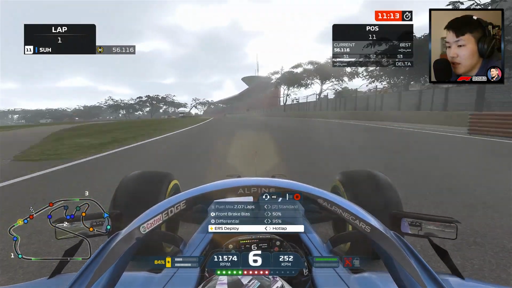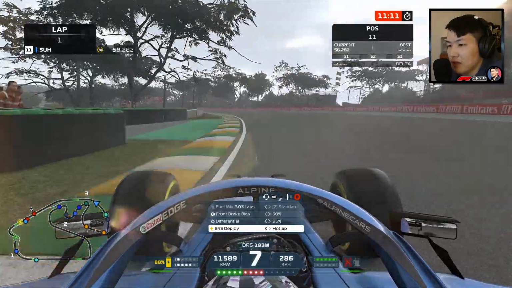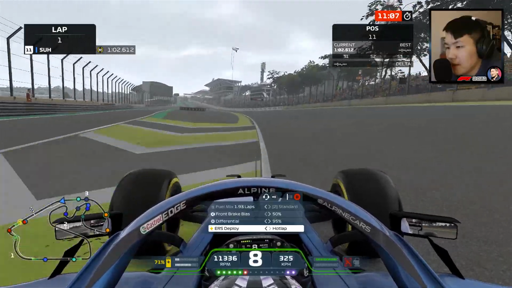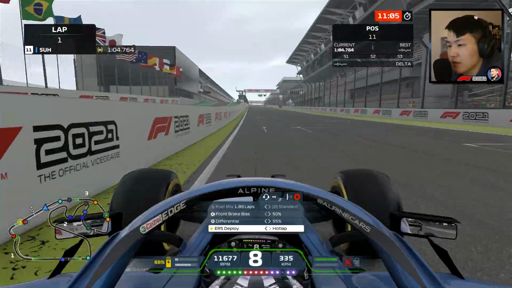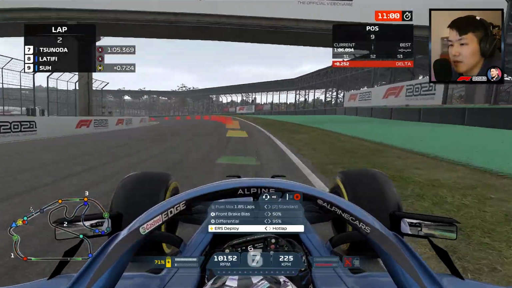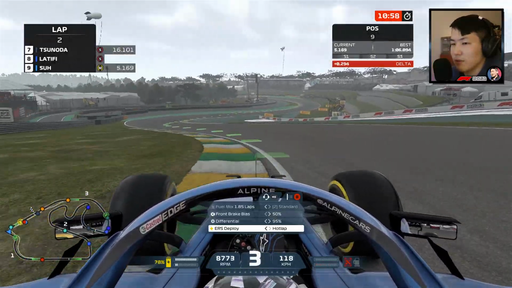Coming around Junsao, let's get this medium tire lap in. See how well we did here. Let's see. Coming across the line for a 106. Slowest of them all. See if we can improve on this time